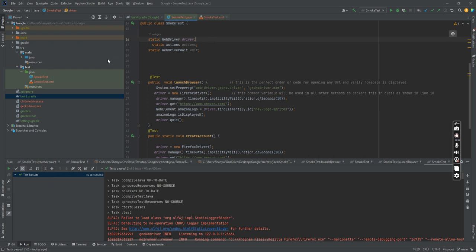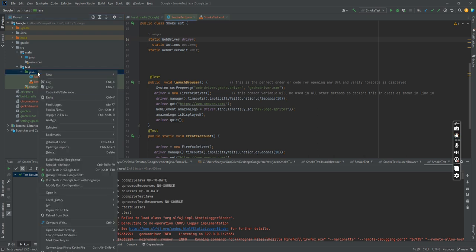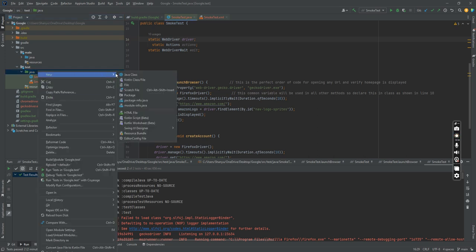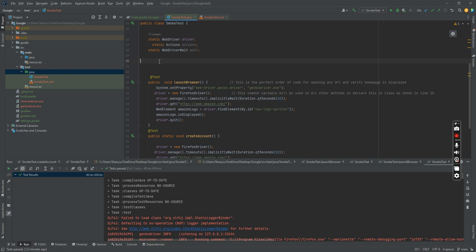Now, next step, what do we do? We go in the Java class, right click on it. We open a new class, which is a Java class. Since we are writing the code in Java, we have to open this Java class and it will give you the setup like this. Everything will be empty, only you can give the class name for whatever you want